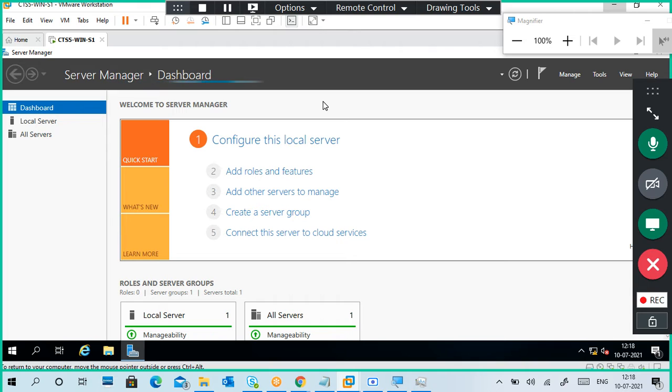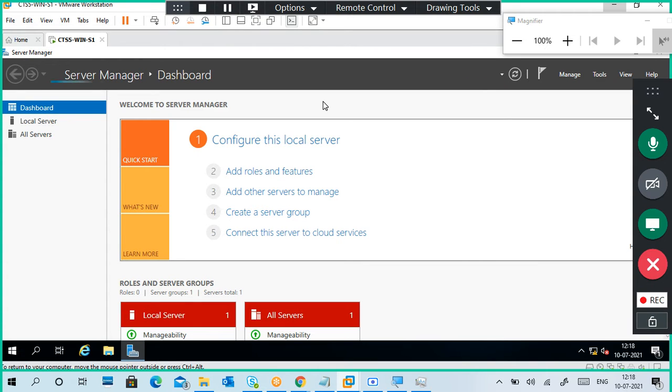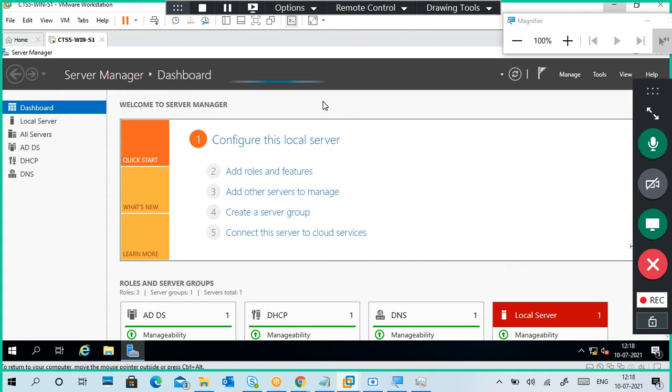So you have to tell your client as well as the people who are working based on that server. You can tell them first: from this time to this time I'm going to shut down my PC, because I'm going to install some application or change hardware like RAM, processor, or hard disk. So the service is not available from 10 o'clock to 11 o'clock. That is called planned downtime. Unplanned downtime means suddenly power off.